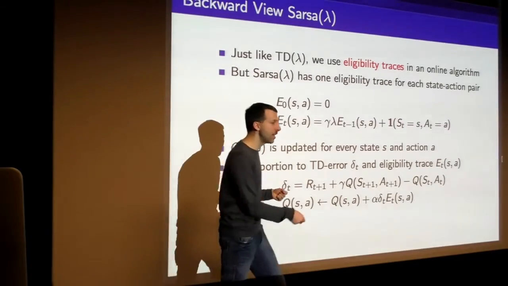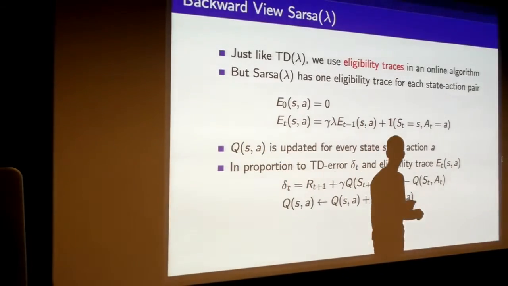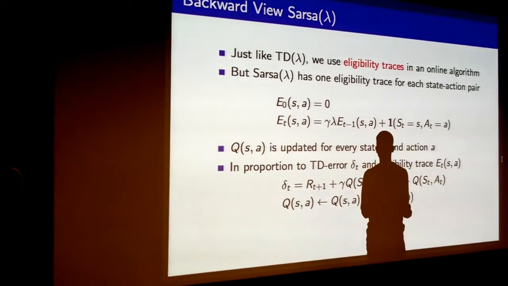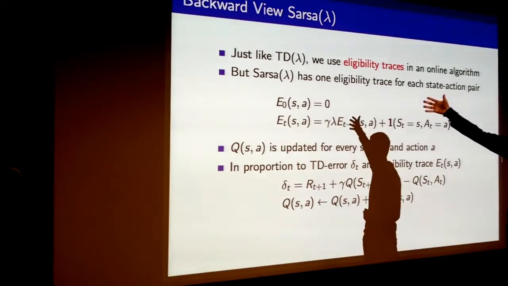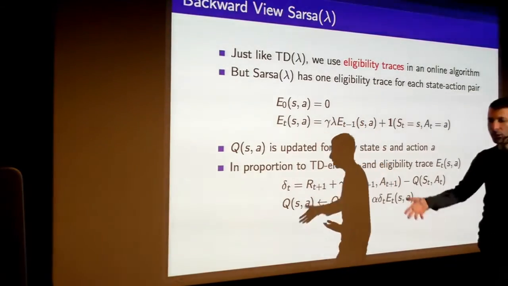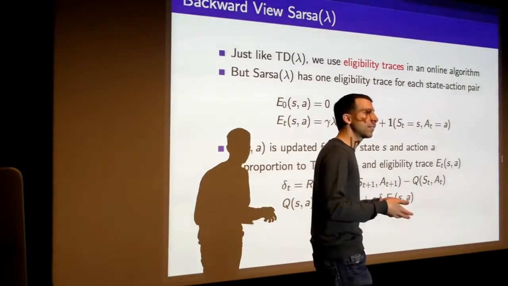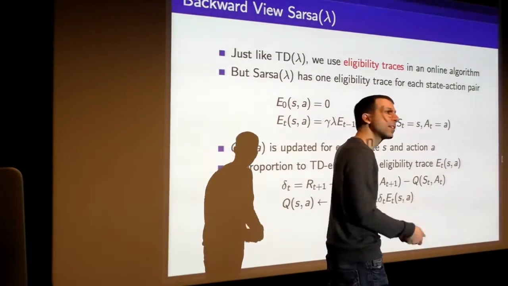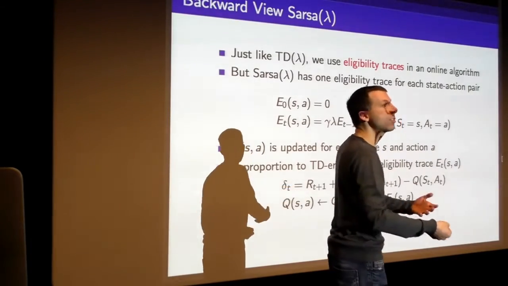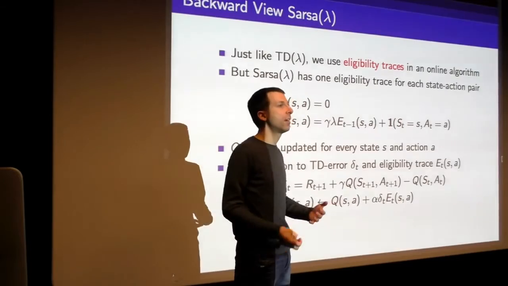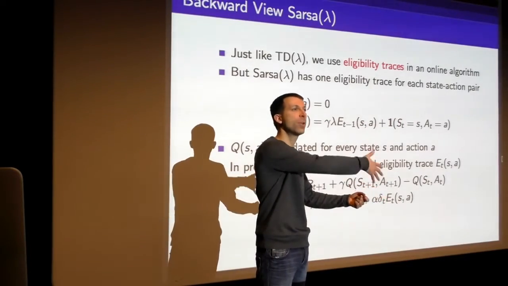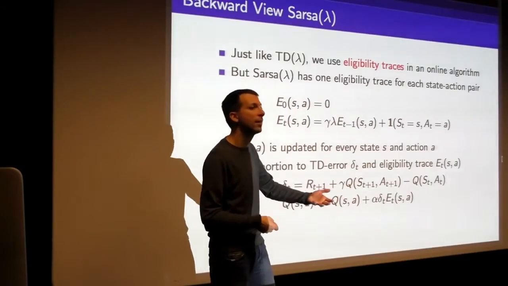Like you end up, at the end of your episode, you get a big carrot at the end of your episode. So which of the states and actions are responsible for that carrot? And your eligibility trace is your best estimate of who was responsible for receiving that carrot. And so what we do again is we say that the states and actions that I took that were most recent before I got the carrot, and the states and actions that I took most frequently along the trajectory are the ones which should be blamed or credited the most for their negative or positive reward that I receive at the end of that trajectory.